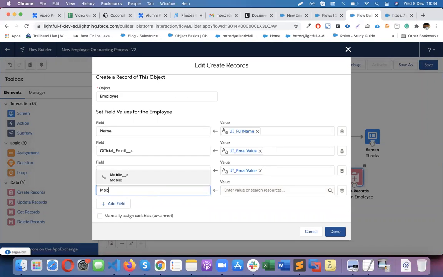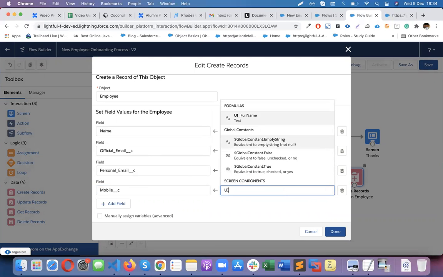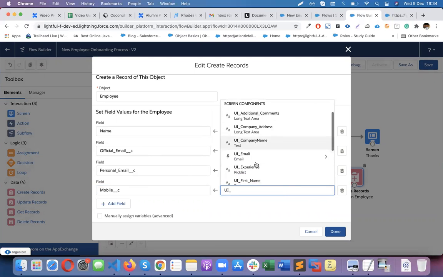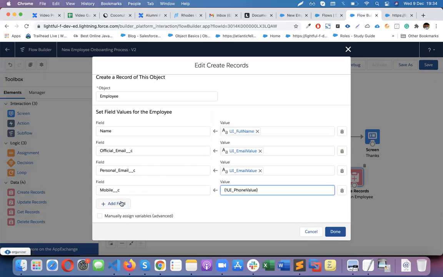And then mobile. So Sampath, when you give that email, both of the fields are going to be the same, right? Yeah, I want that. That's why I am giving. Okay. So both fields are the same. So yes, I need the same field. So phone value, then